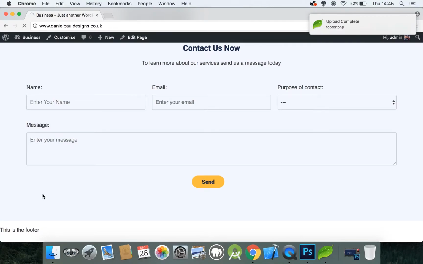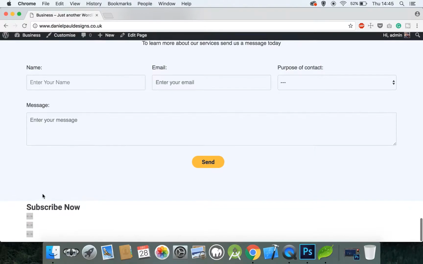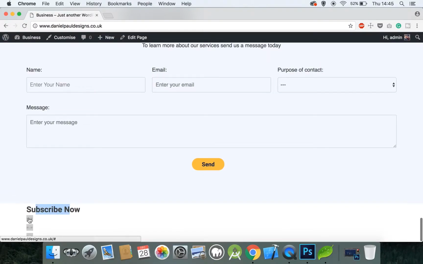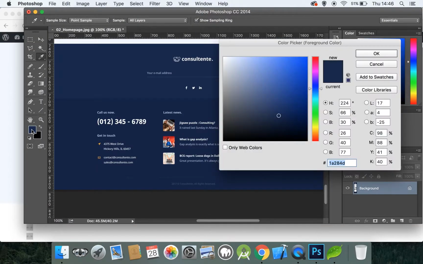And let's have a look what we have now. So refresh the page. Okay, so we have the subscribe, and we have the three icons, and later we'll add in the newsletter subscription form. So let's go back to our design and let's get some colors. So first of all, let's copy this color,